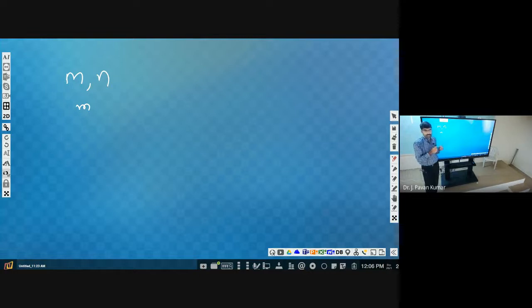Write a program to display the first number which is divisible by 7, between the numbers m and n. From m to n we have to consider the numbers. Every number we have to divide by 7, and check whether it is divisible by 7 or not. So how can we write it? What is the input?